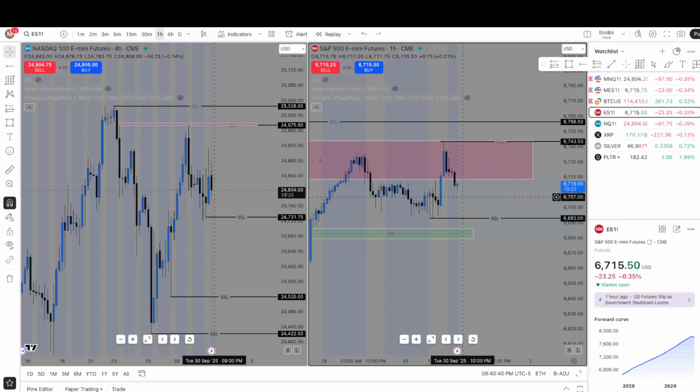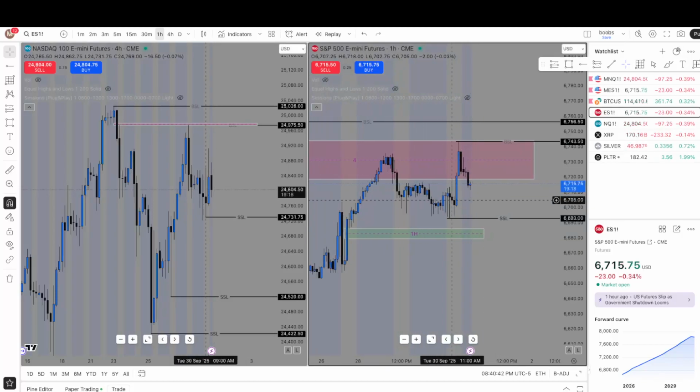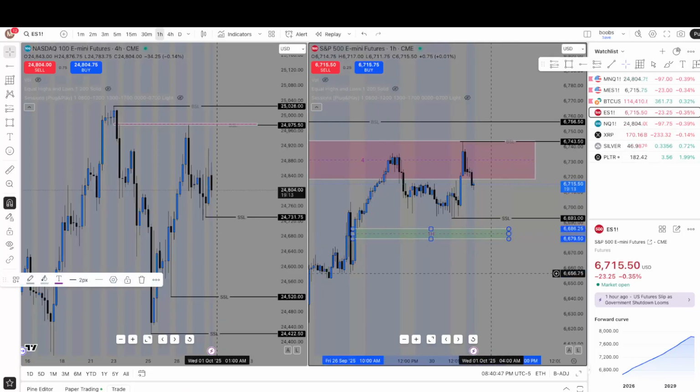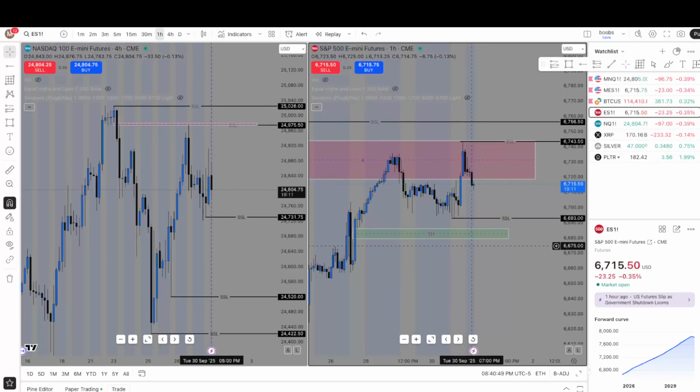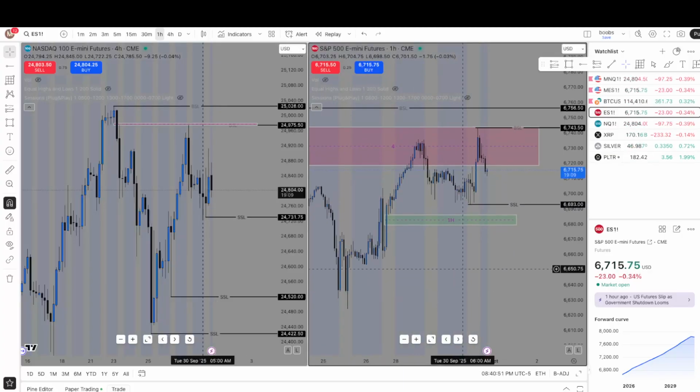Maybe one wants to fill it to then push us up the buy side, or maybe we inverse this 1 hour imbalance. Then, like I said, come push us sell side. And we do have this 1 hour imbalance resting below that might want to go and fill before it pushes higher, is what I would like to see.